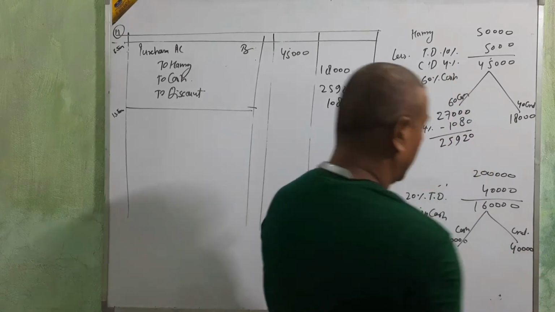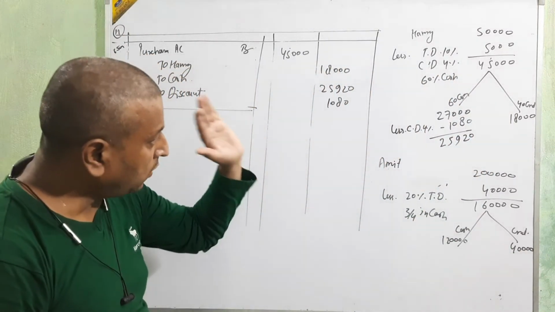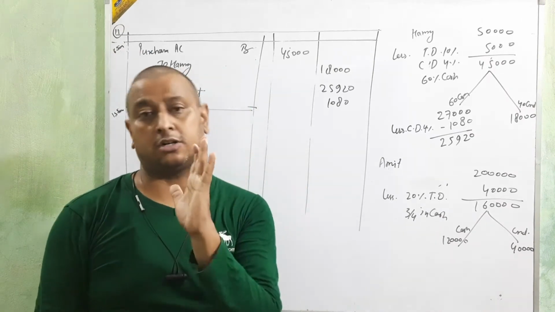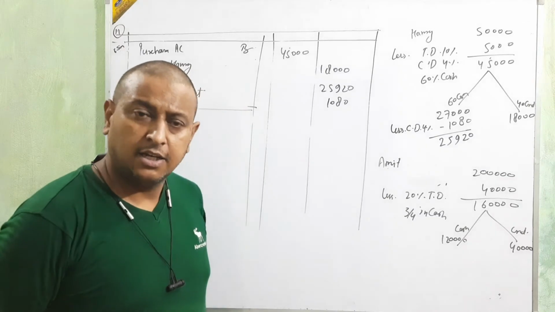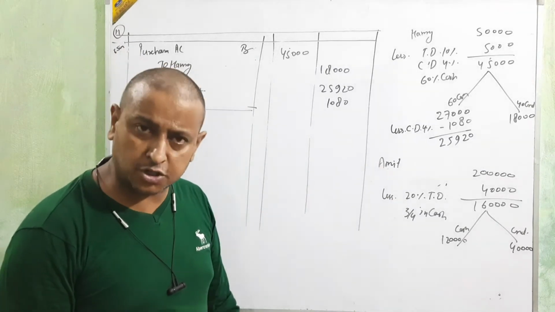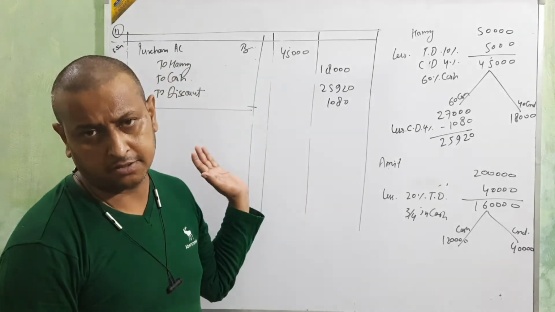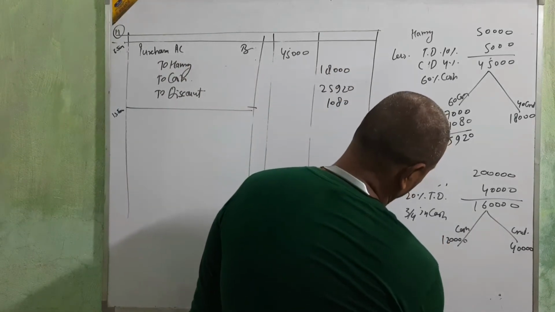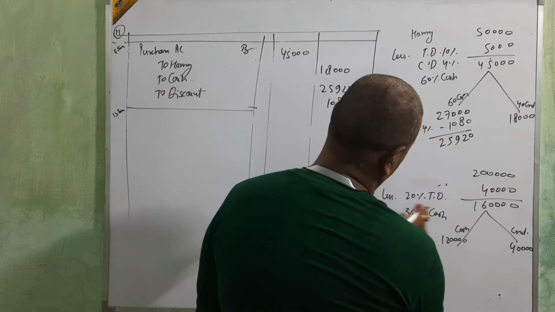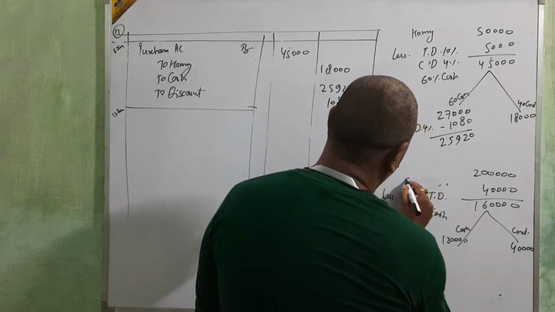Okay, beta? Up to this is clear? What process I am using, it's clear or not? First clear the process. If your process is clear, you will understand how we are going to solve the question, then no problem about the entry. Okay? Then less cash discount, and cash discount amount is 5% beta.